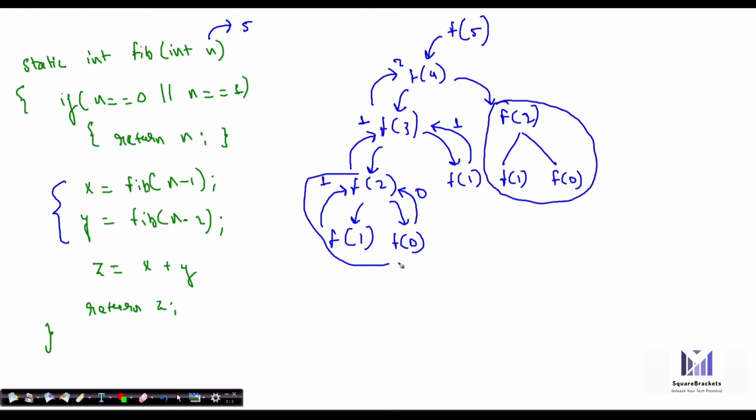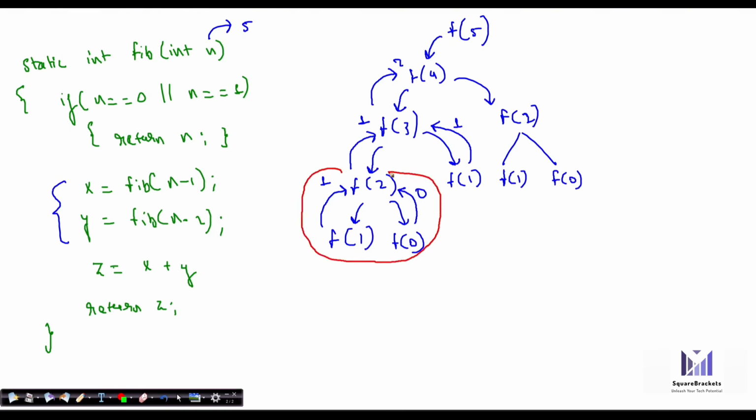The same thing we did earlier. So why are we doing this again? Now try to understand the problem with the recursion that we have already implemented. This calls F2. Now again we have to implement this F2 call. It will again return 1, it will again return 0. 1 plus 0 is 1. So it will return 1 just like it did earlier. And now it is going to return 2 plus 1, 3.